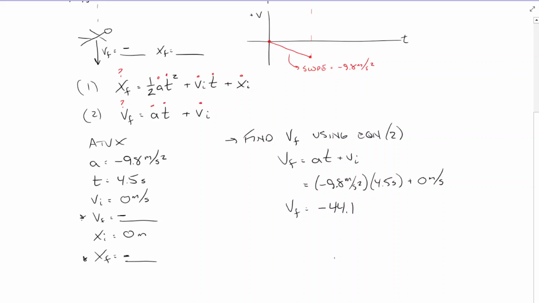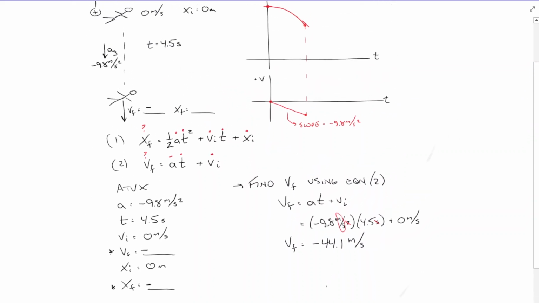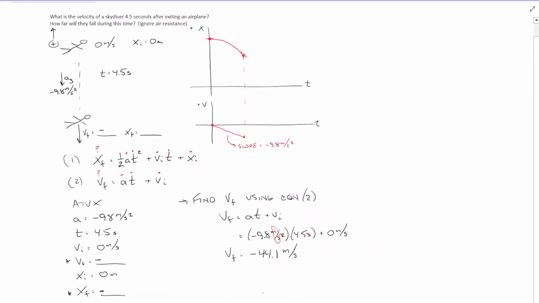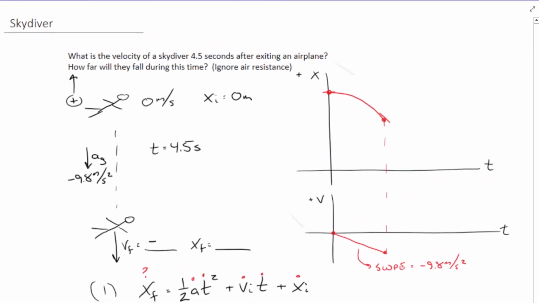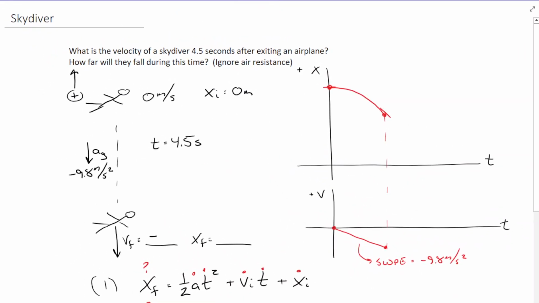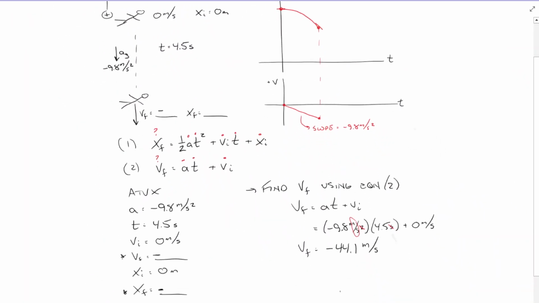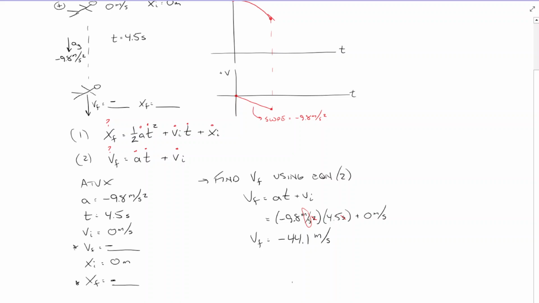Well, look at my units. I have seconds canceling with one of those seconds, which leaves us in meters per second. In fact, that is a velocity unit, right? So we have our first answer of 44.1 meters per second. What does negative mean, though? There's nothing about this problem that tells you anything about positive or negative. The negative came because we decided to call up positive. So to say the answer is negative is kind of confusing. So what I'm really going to say, if I want to give an answer, is I'm going to say 44.1 meters per second downward, because that's what negative means. This would be the best way to describe the answer to this problem